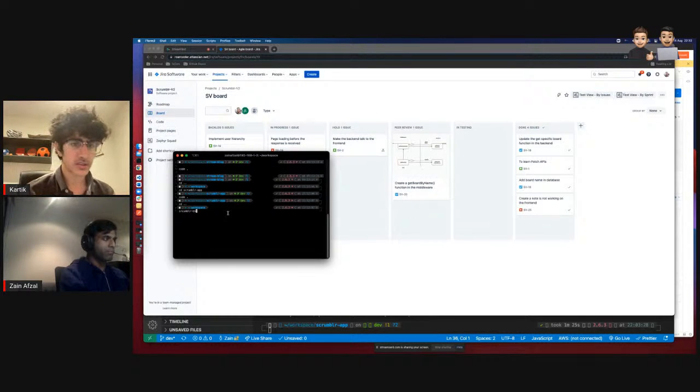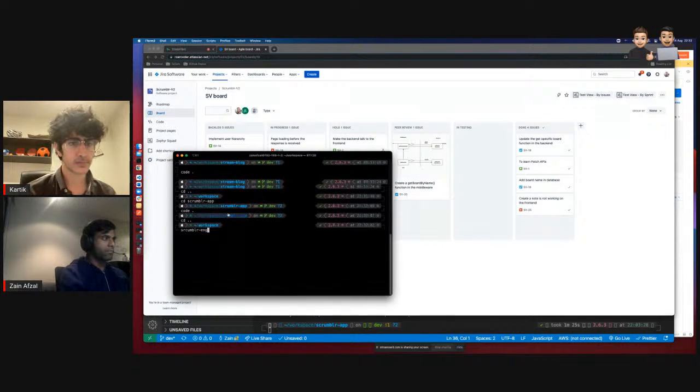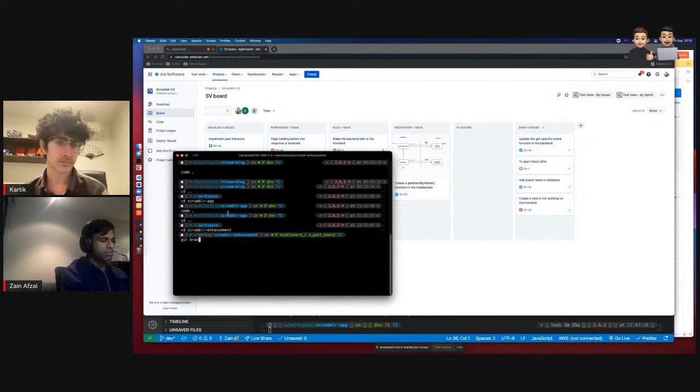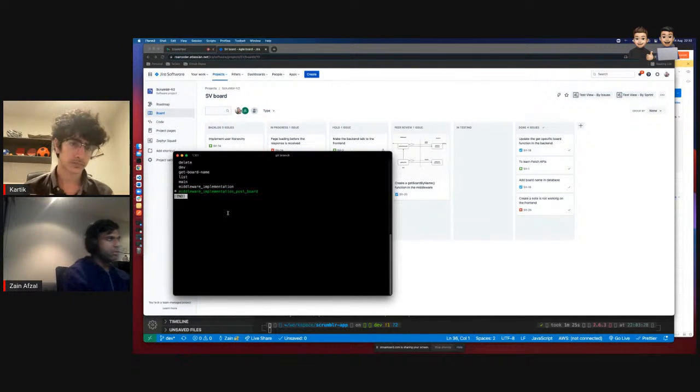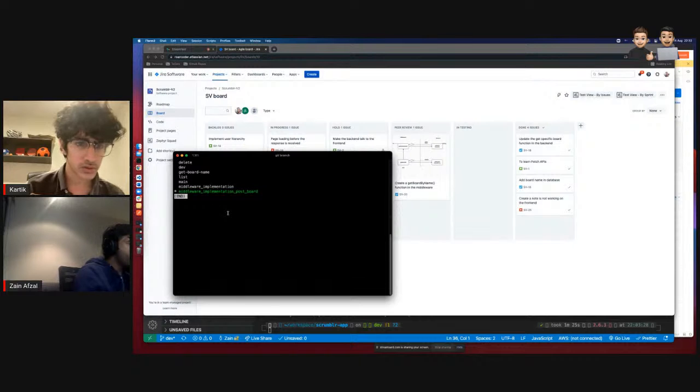Can you make the terminal a bit bigger, please? There we go. Okay, git branch. Can you press enter? Is that the end? Oh, that is the end.